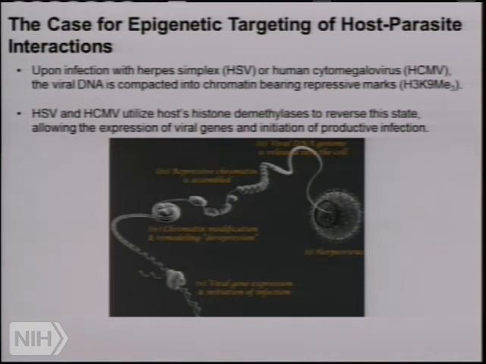So they discovered that the members of the herpes virus family, herpes simplex virus, human cytomegalovirus, when they infect human cells, their viral DNA is compacted into chromatin-like structures that bear repressive marks, meaning their genes are silenced right after infection. They use the human host's histone demethylases to reverse this silent state, to activate gene transcription, to multiply, to basically continue the infection, and to also initiate